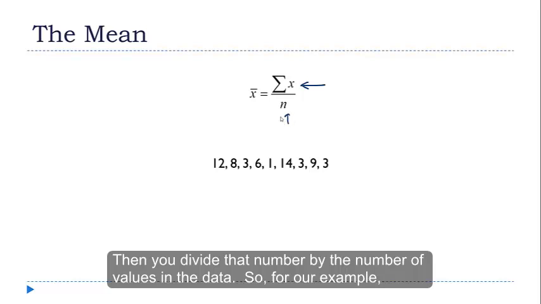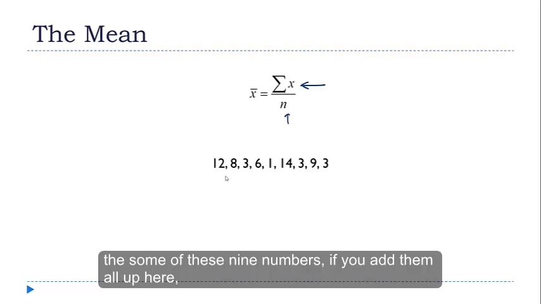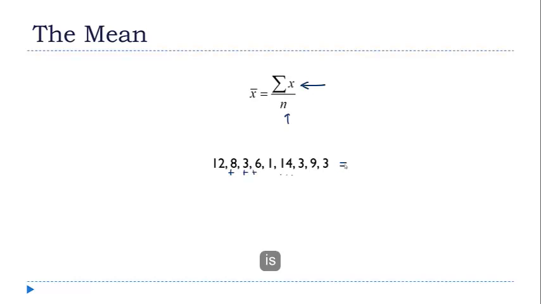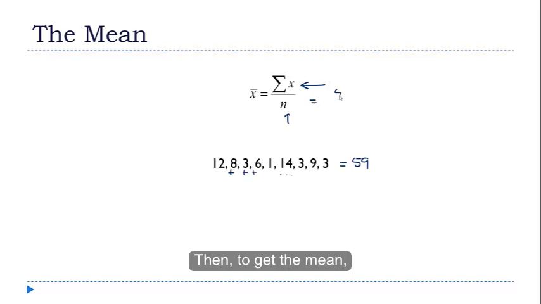So for our example, the sum of these 9 numbers, if you add them all up here, is 59. Then to get the mean, you divide that by 9 to get